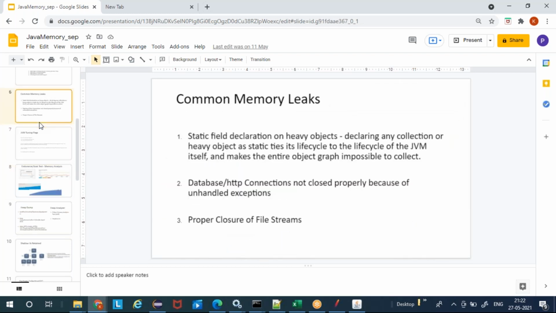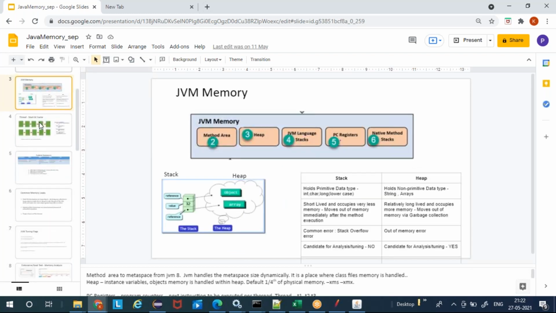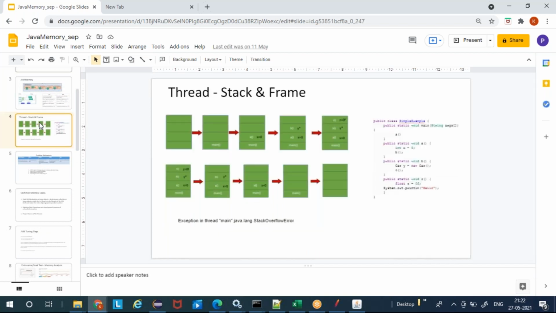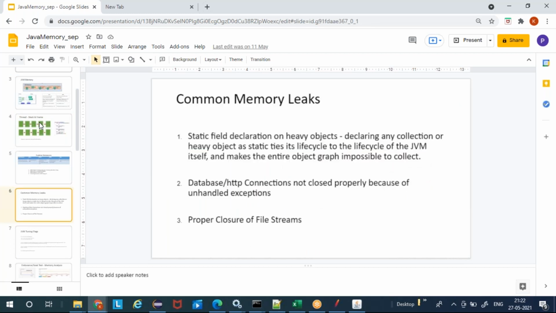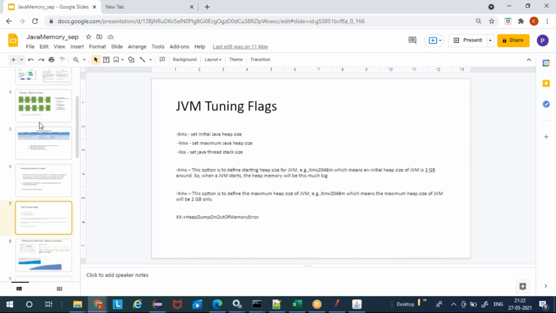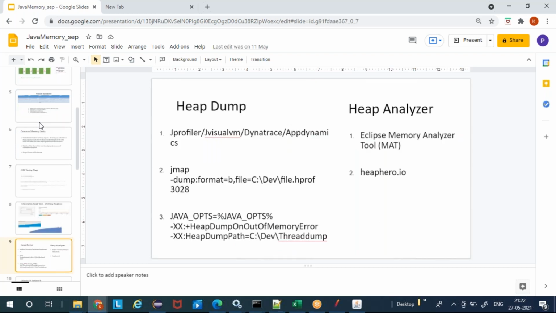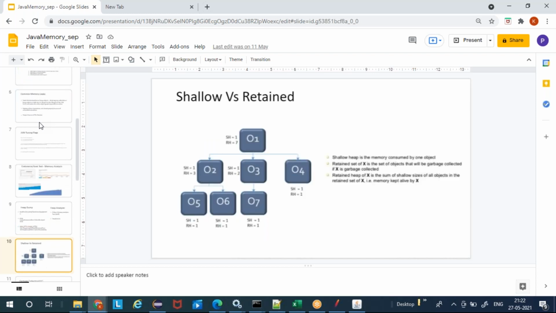So memory is going to be an intensive set of sessions, starting from understanding the stack and heap, then the relationship between stack and heap, threads and stacks, then memory leak problems, memory leak analysis, and JVM tuning flags with respect to the minimum and maximum heap. That is part of the single-user work. When it comes to load testing or endurance testing, we will look at the patterns to watch for with respect to memory leaks, and then heap dumps, the various options for heap dumps, and how to analyze them.